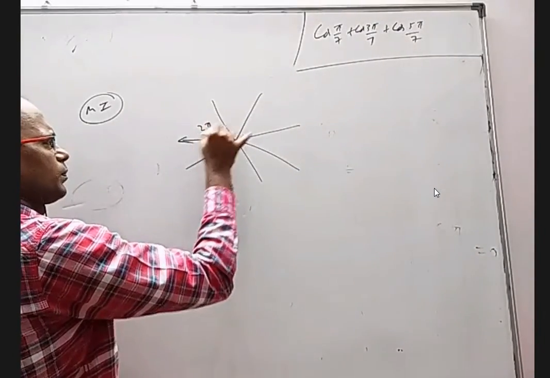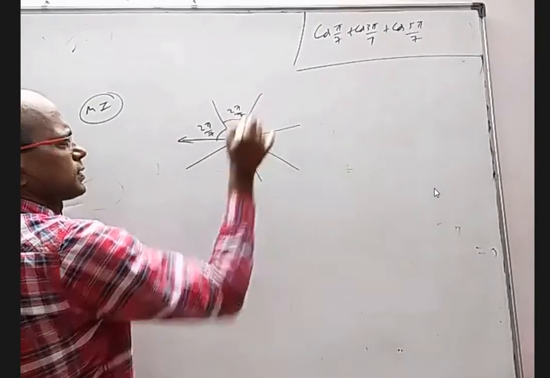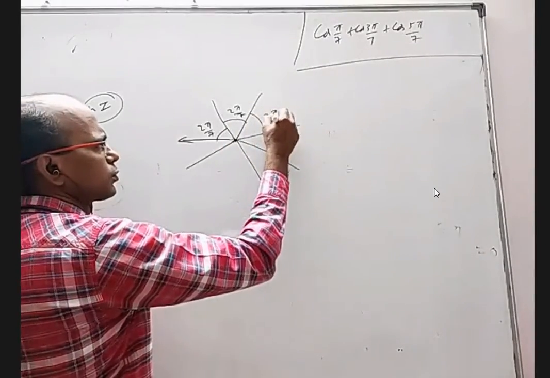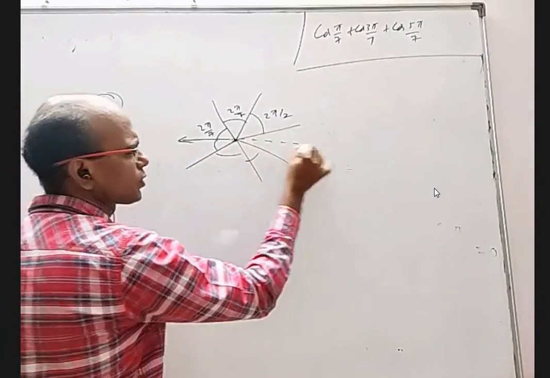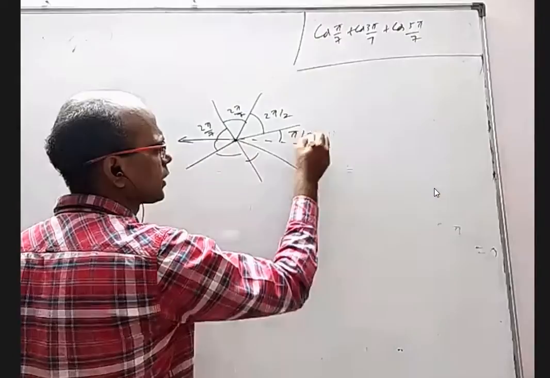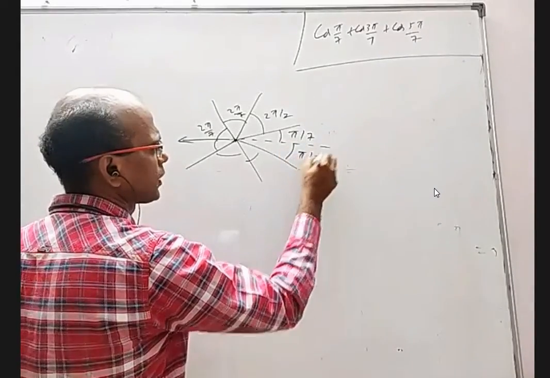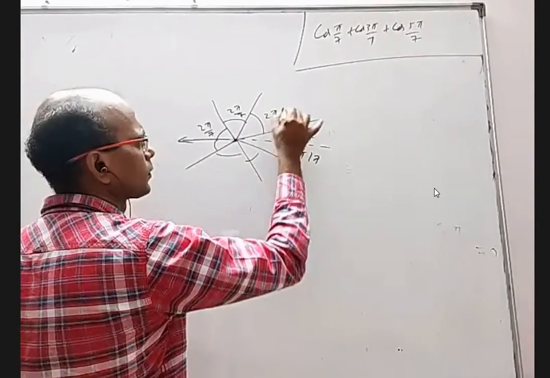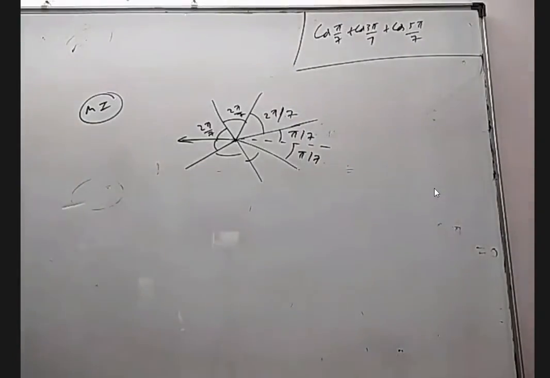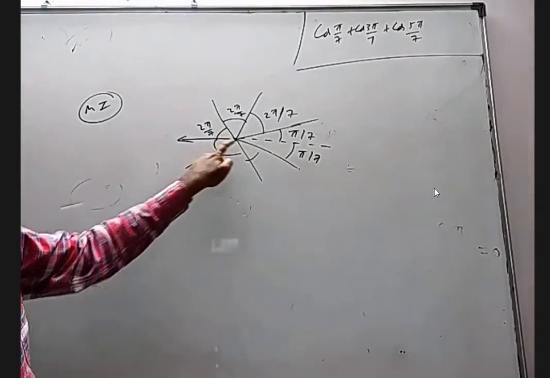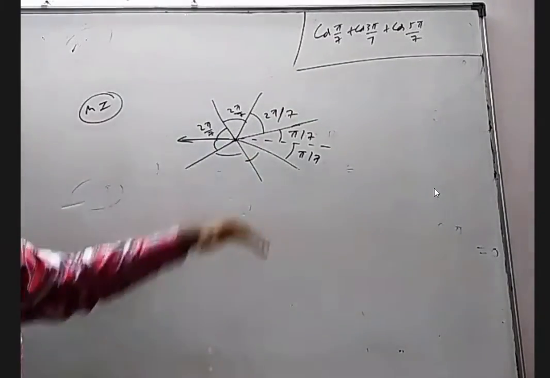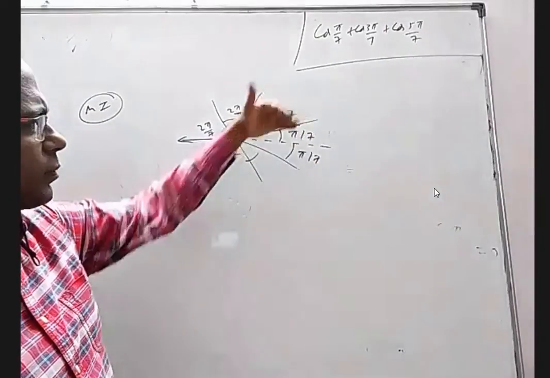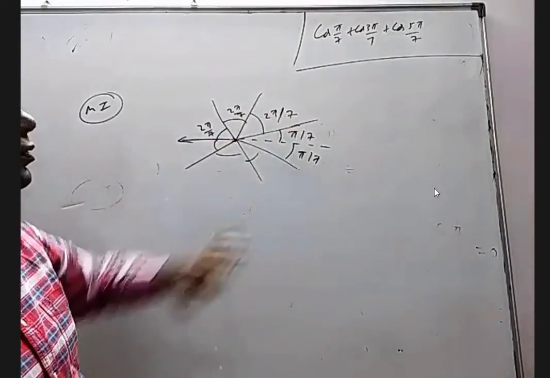What is this angle? 2 pi by 7. This angle is 2 pi by 7. Even this, even this, even this. So if I take positive x-axis, this is pi by 7, this is pi by 7. I took 7 forces, 1 force like this, 3 like this, 3 like this, net force is 0, every angle is 2 pi by 7, but with positive x-axis, this one is making pi by 7, this one is making down pi by 7.